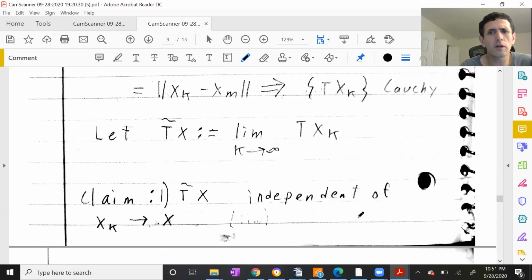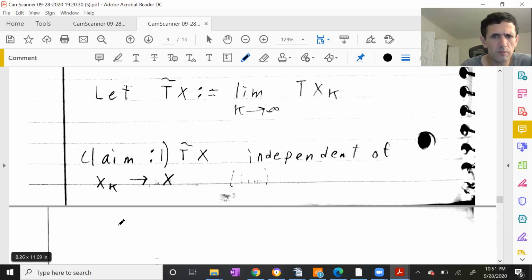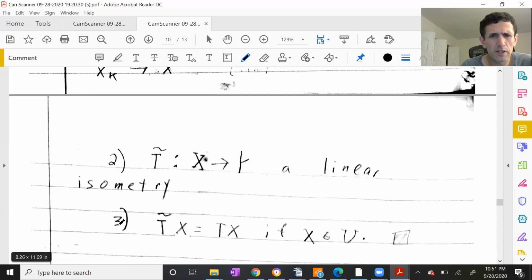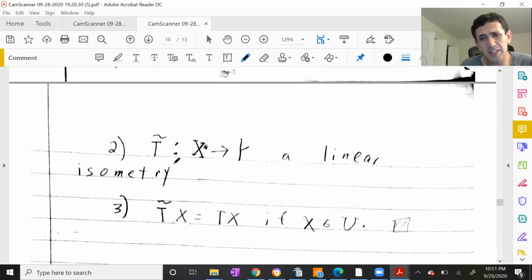So first of all, I'll leave this for homework. This is easy to check. This is independent of whatever x_k you pick converging to x. Second, this is linear and it's an isometry. That's easy to prove. Third, it is an extension in the sense that if x is in U, T tilde x is T x. And last but not least,